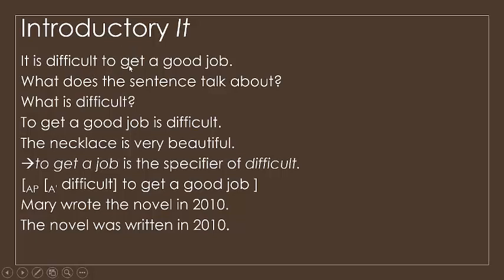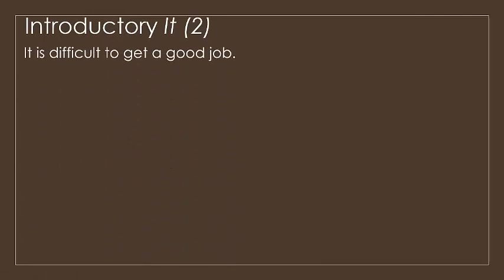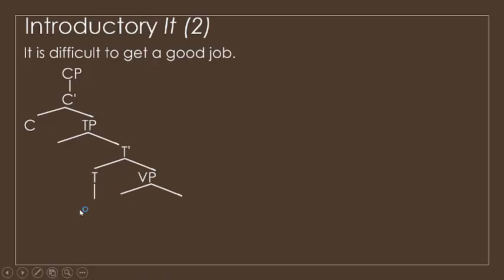Instead of moving "to get a good job" to become the specifier, here we have "It's difficult to get a good job." This is a CP, and the CP here branches into C bar. The C bar branches into C as the head and TP as the complement of C. And then the TP here branches into a specifier which is empty and T bar, and the T bar here branches into T over here and VP. The T here is "es", and the VP here branches into NP as a specifier, and V bar here branches into V and AP, and the V here is "be", and we have